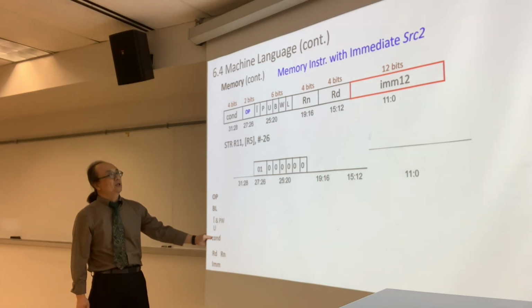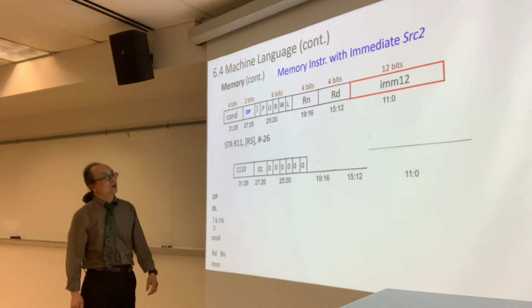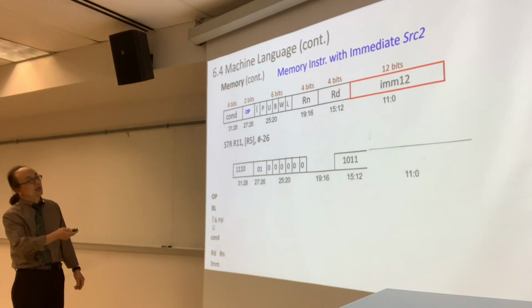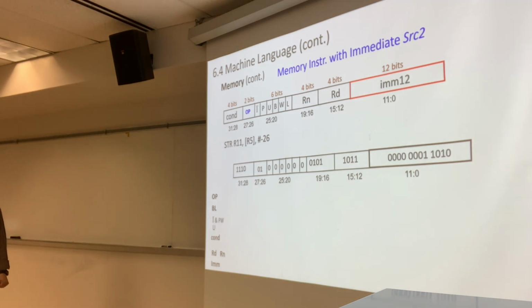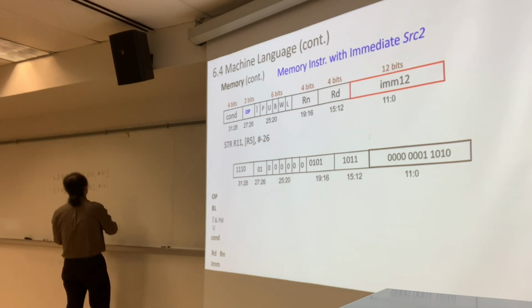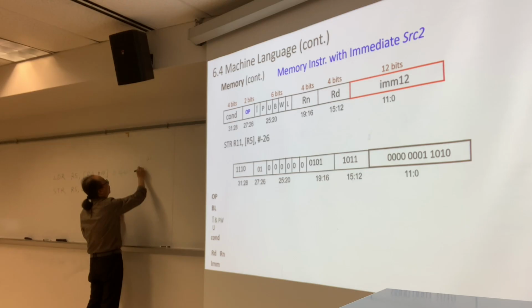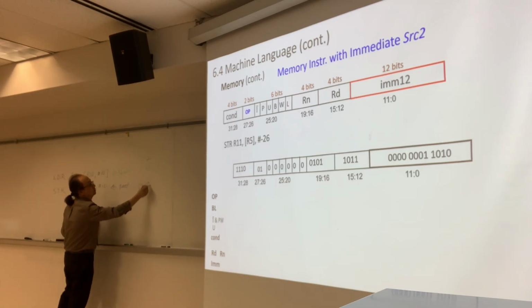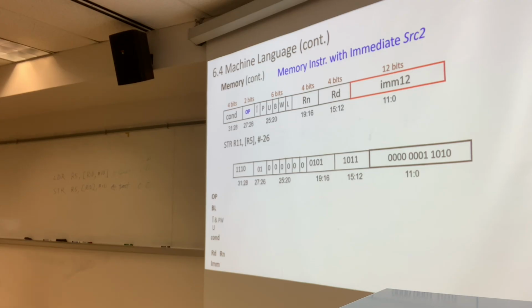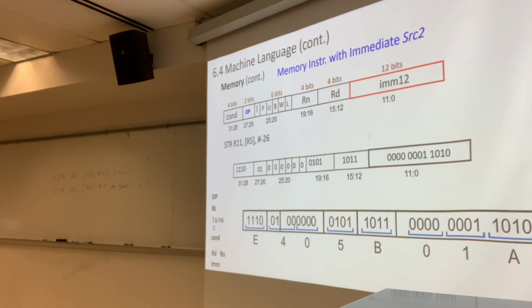Now COND is going to be 1110. RD is 11. RN is a 5. And that is positive 26. Yeah. So for our class, we'll see either this guy or this guy. For this one, offset, P and W are 1, 0. For this guy, the post, it's 0, 0. B and L, that's looking at the byte or no and the load or no. So now when we convert to hex, it's going to be